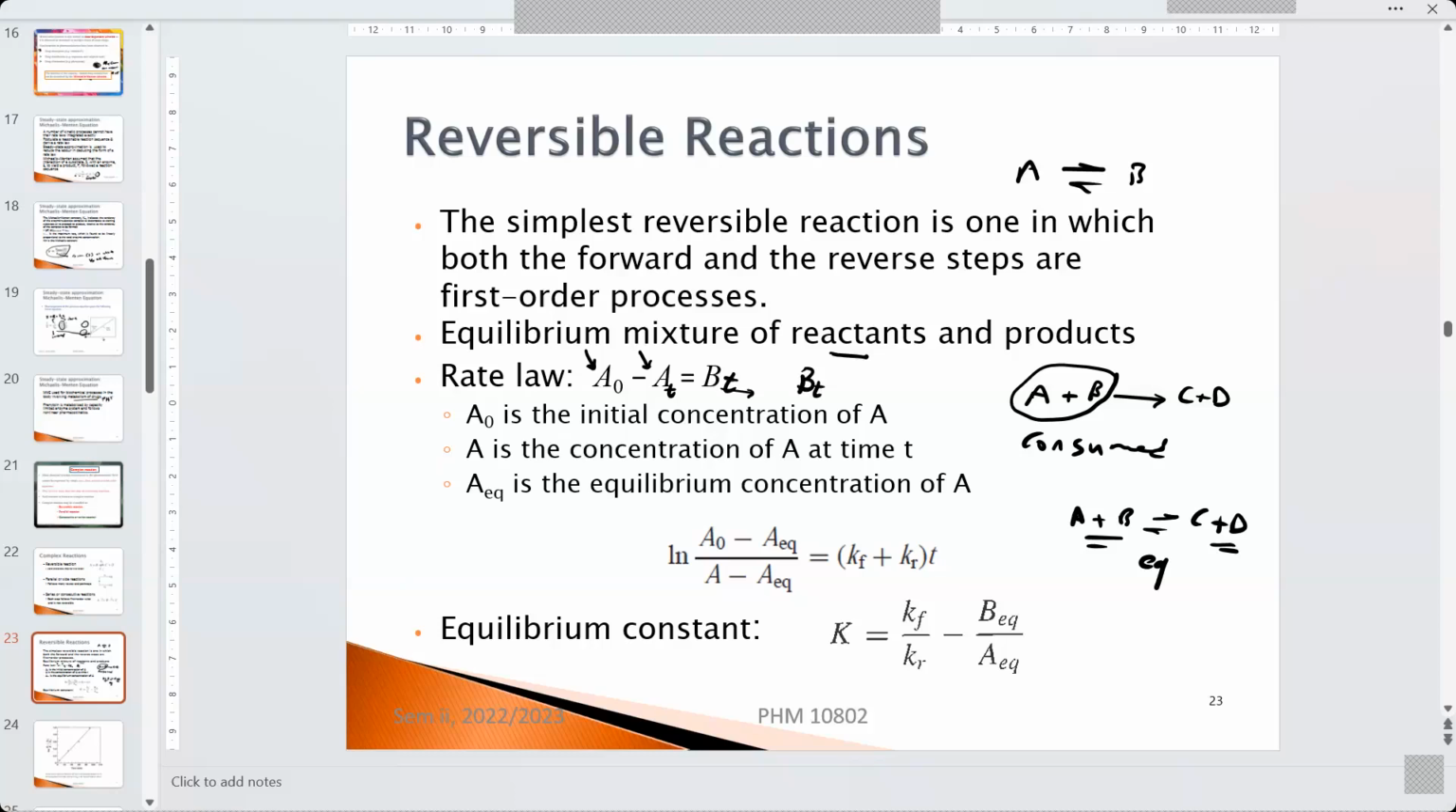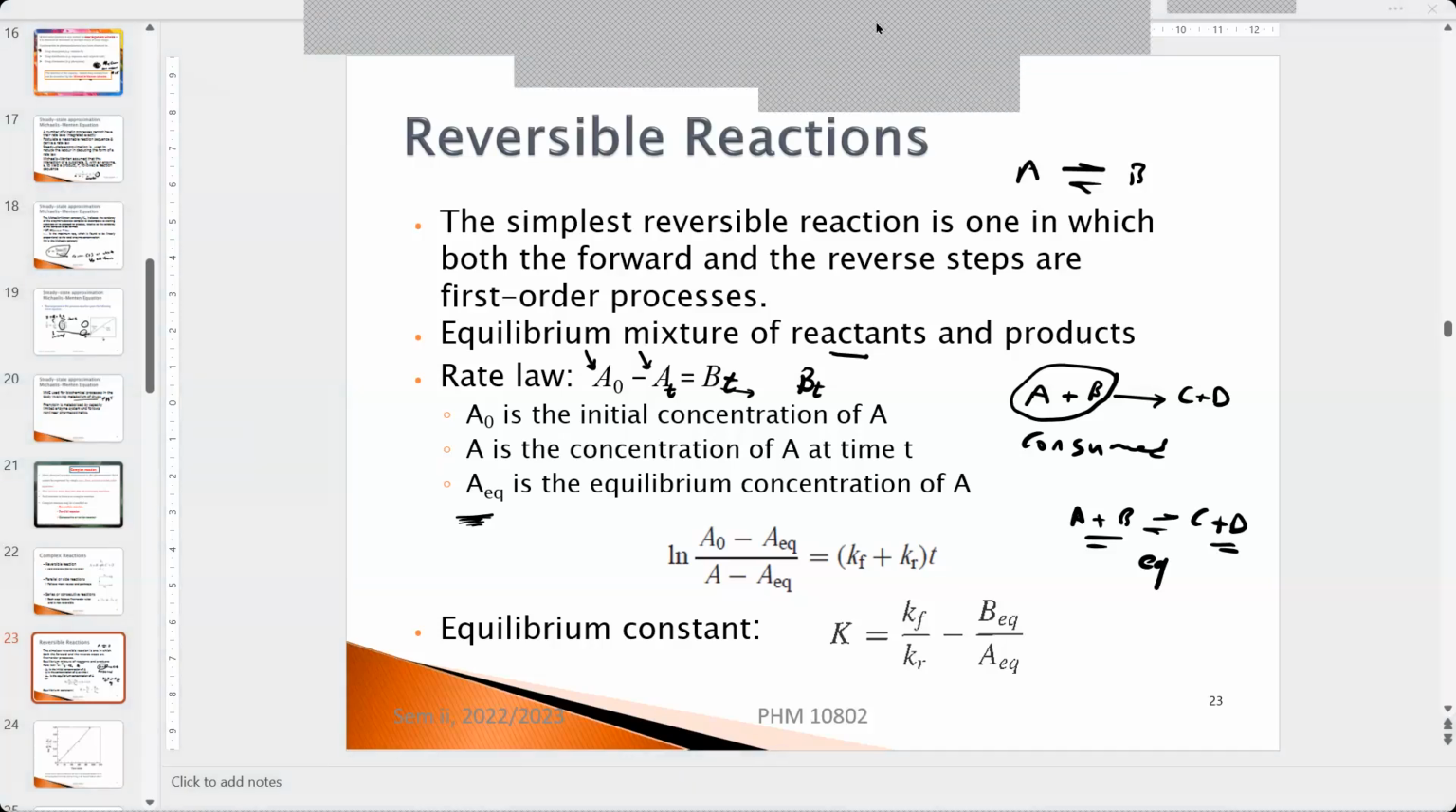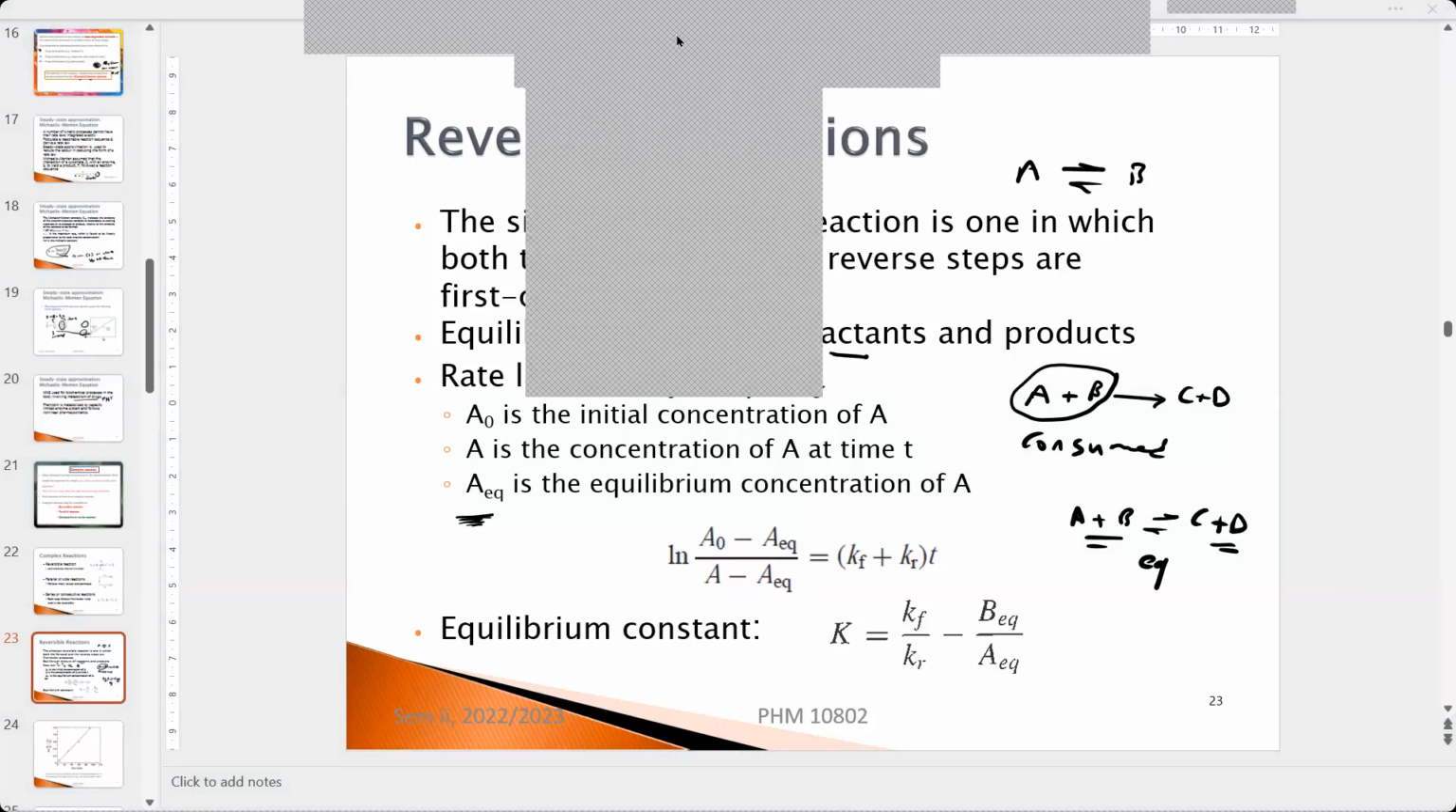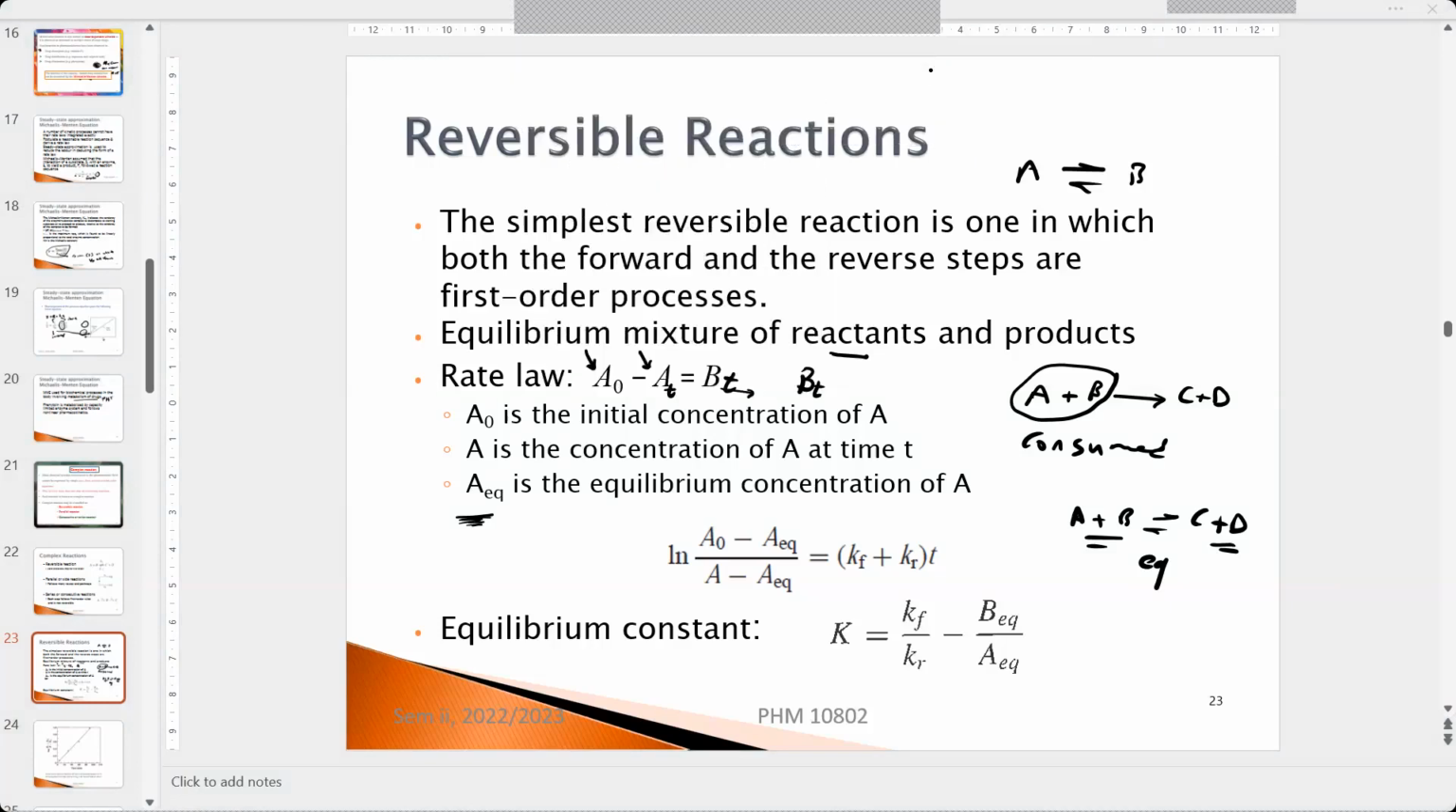At equilibrium, we call it A equilibrium. This is the concentration at equilibrium. You see here that the equation for the change in concentration with time became more complicated. So instead of one K, we have two Ks, the reaction rate constant for the forward reaction and for the back reaction,